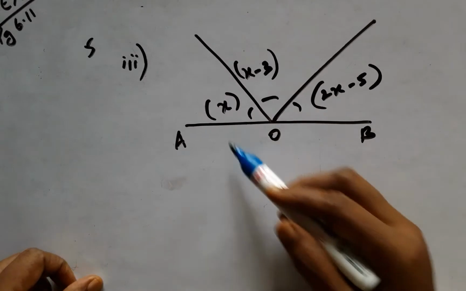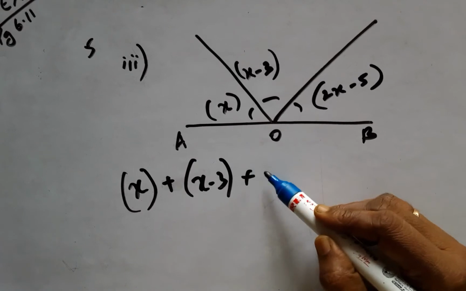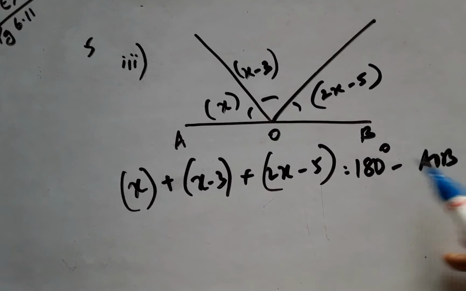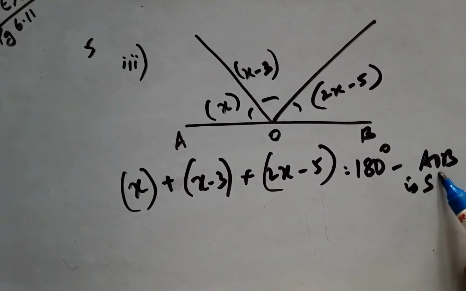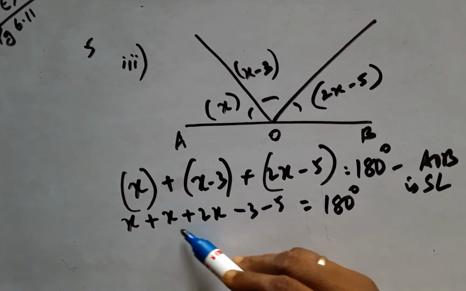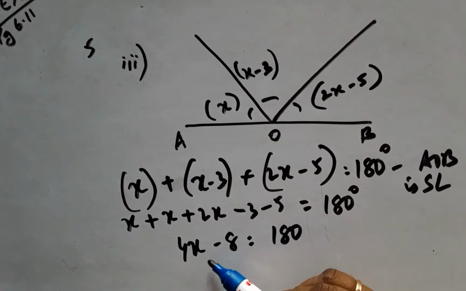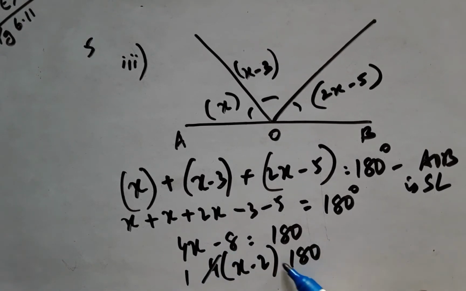Once again the same representation as has been done with the previous ones. Now the sum of all these angles also comes to 180 degrees, because AOB is a line. Whatever sentence we write out in geometry, it has to be substantiated, it is a straight line. Bringing all the like terms of this equation in one place, we have 4x minus 8 is 180. Now I want to take 4 common out of this equation, which will make life simple, which is 4 ones are 4, 4 fours and 4 fives. Now my x is 47 degrees.